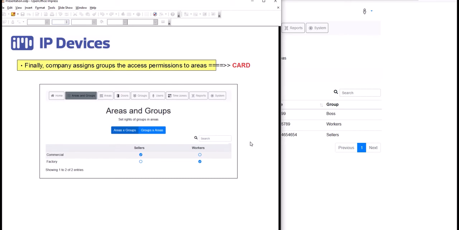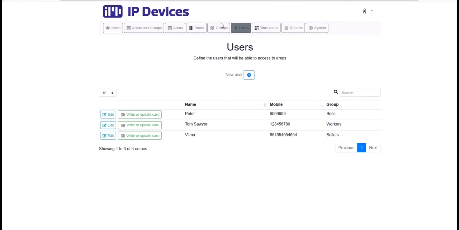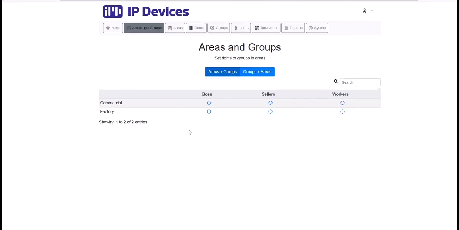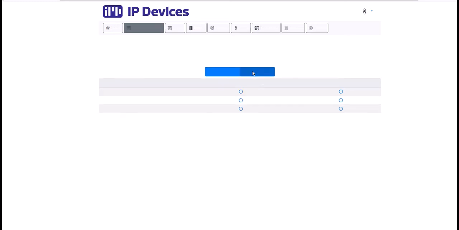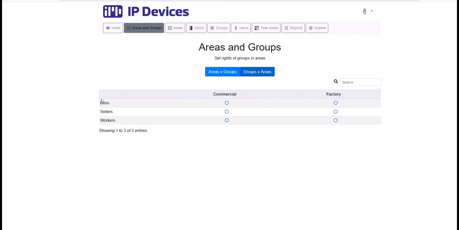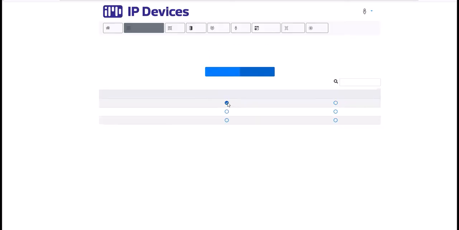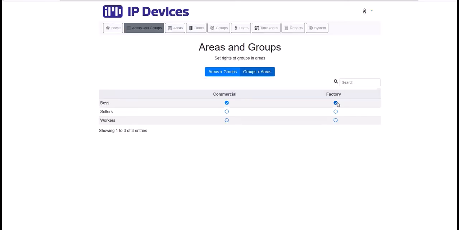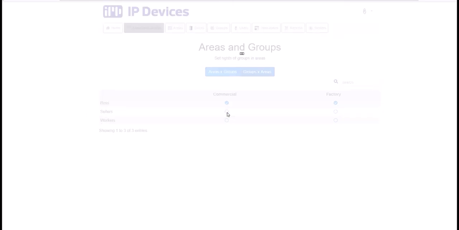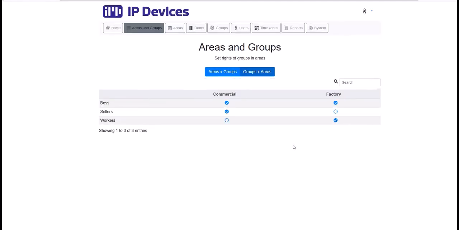For areas and groups, this is the menu. We can order it here the groups of users and here the areas, or the opposite, the areas and groups of users. We will set that boss can enter both areas, but sellers can enter only the commercial area and workers only the factory. Okay, now we are able to write the